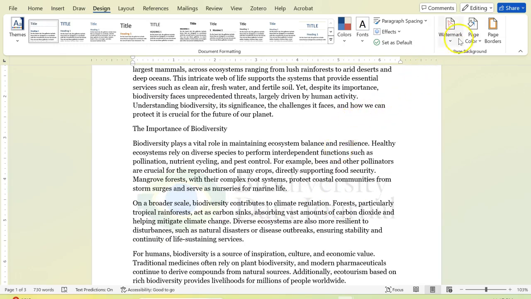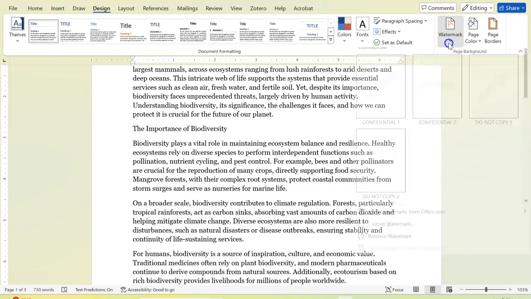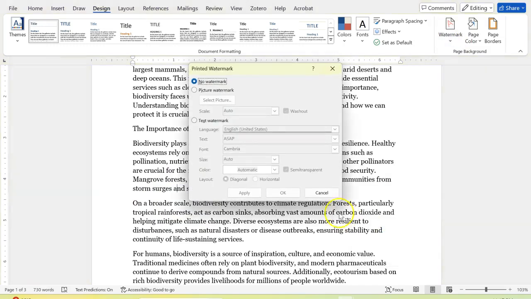and the image. However, I'm gonna remove this one, and then I'm gonna do custom watermark again, and this time instead of the picture watermark, I'm gonna select text watermark. Let's say this is something that's not in the default design or built-in design, so you're gonna customize your own text. So I'll write journal